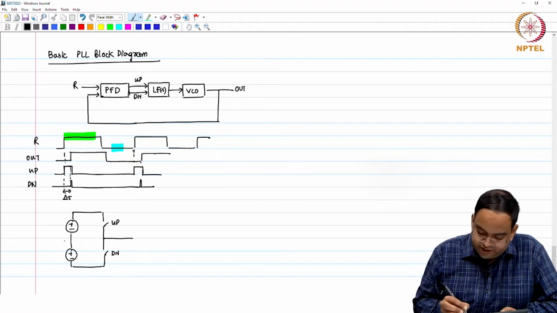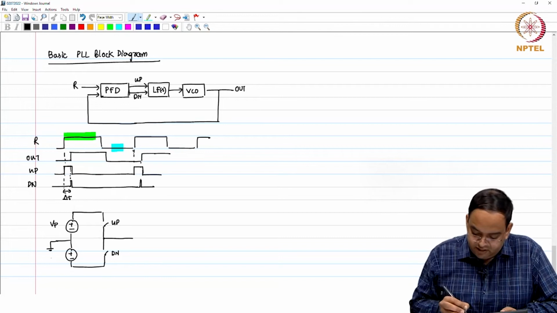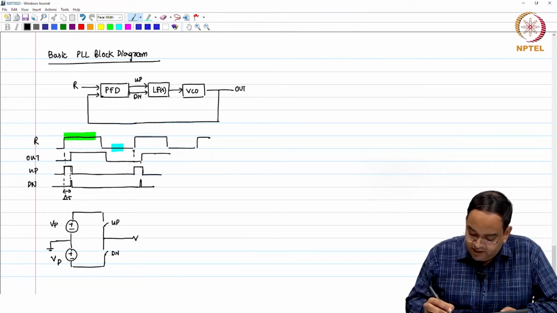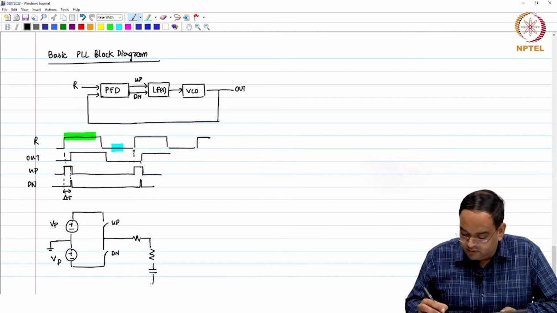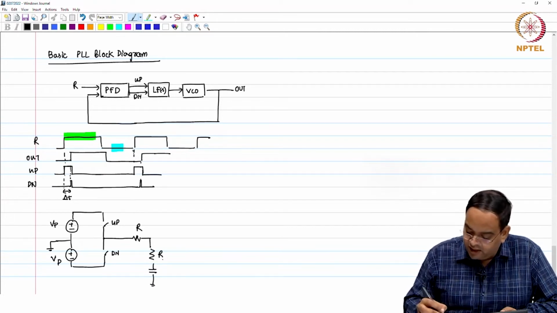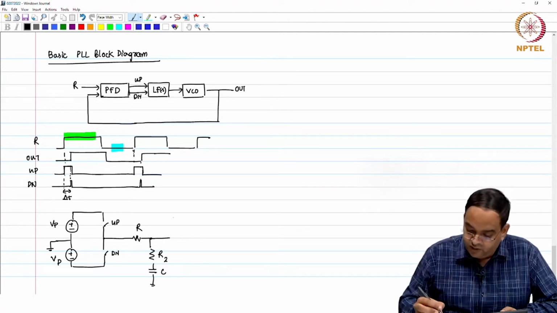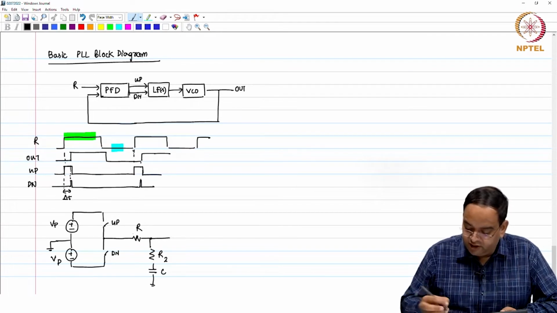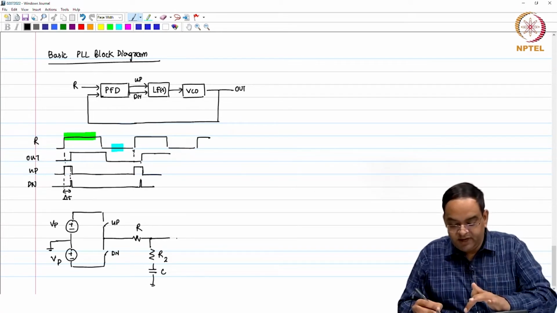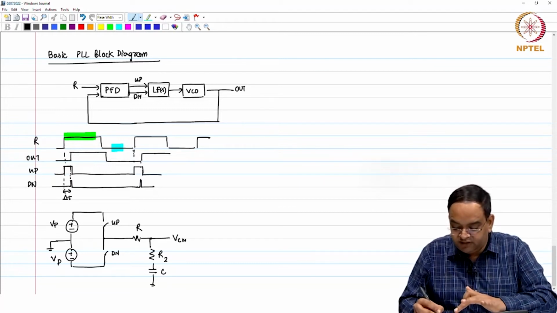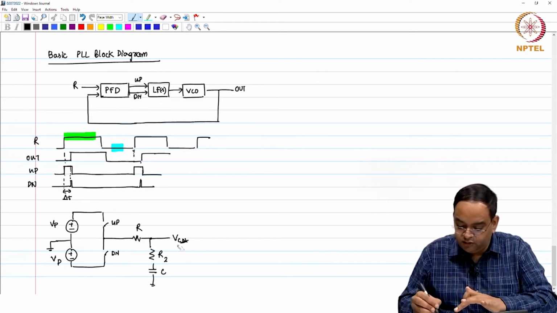Let me just draw the circuit first. This is grounded, this is Vp, both are Vp, and then you have some filter here, R1, R2 and C, and this happens to be your loop control voltage. So, I converted the up and down signals to voltage and even to the loop filter output. Let me write this as V control,